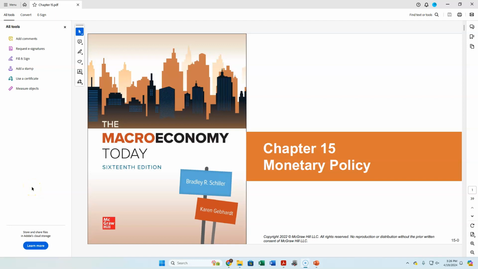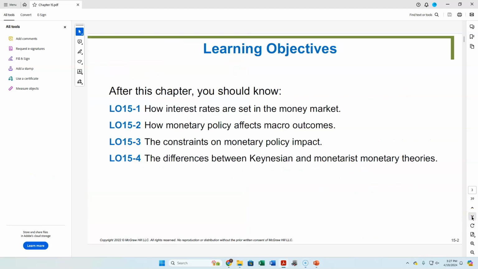In this lecture, I'm going to be talking about monetary policy, and this is actually our last chapter for this course. And we're basically going to bring together what we've learned about the economy in general and how economists read these unemployment and inflation and GDP numbers to come up with a consistent policy of how we should handle interest rates and the money supply in general.